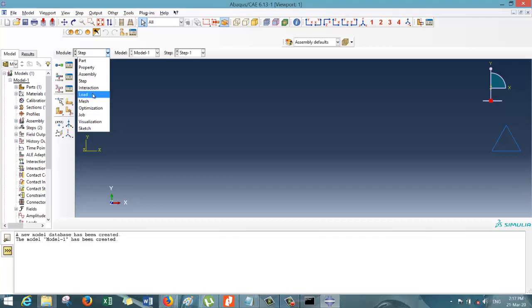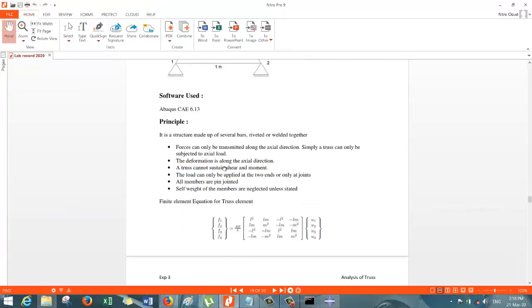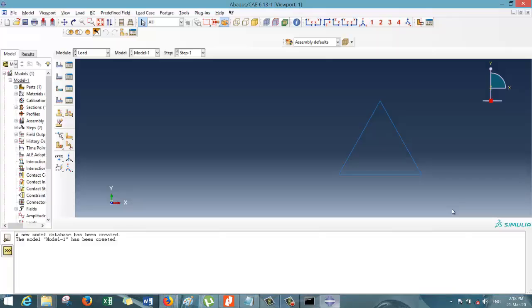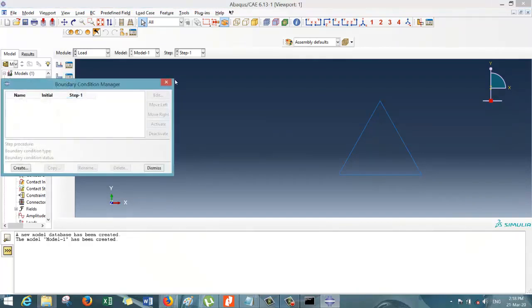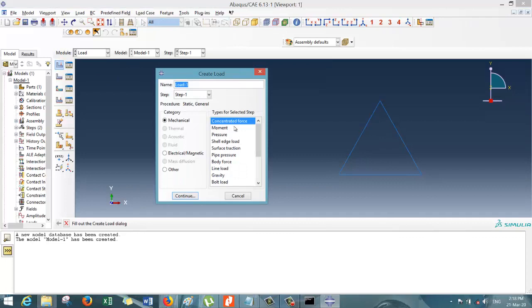Now go to load module. Create loads. So you can see that in the question at the point 3 there is a 10,000 Newton towards the right. Load is applied at the point 3 along the positive x direction. So now create load. Load 1, it's a concentrated force, mechanical category. Continue.